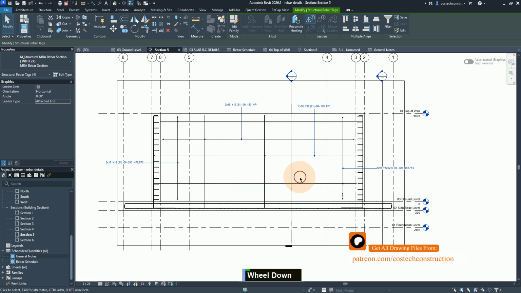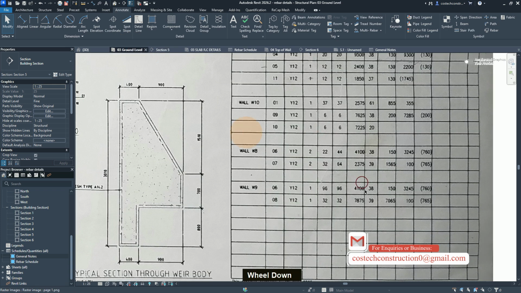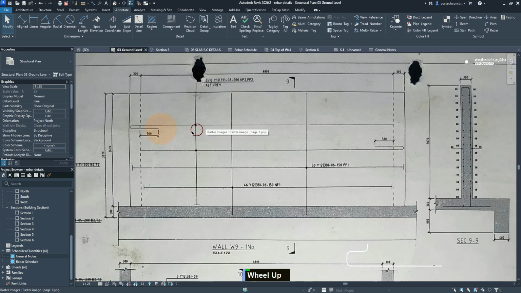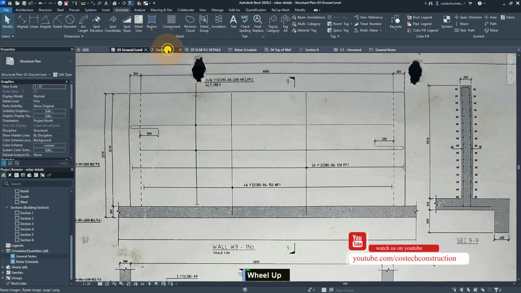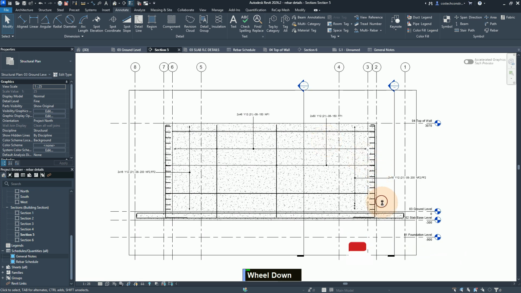And to fix this view we can proceed also. So this one is our section 5. So I can go to my ground level and we can see how this section was placed. So we only have wall 9 visible. So we can go to section 5. And since here we only have wall 9 visible,